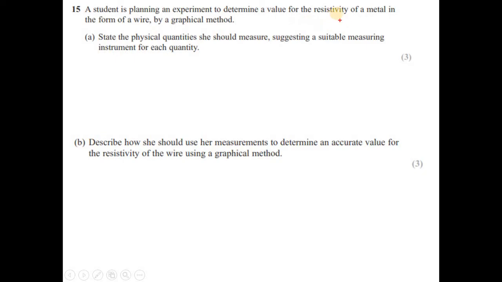It's all about the resistivity of a wire, and if you see the formula for resistivity, rho is equal to R A by L. That means you need three quantities in order to find the resistivity. R is the resistance of the wire, A is the area of cross section of the wire, and L is the length. So the student is going to measure the length with a meter rule,